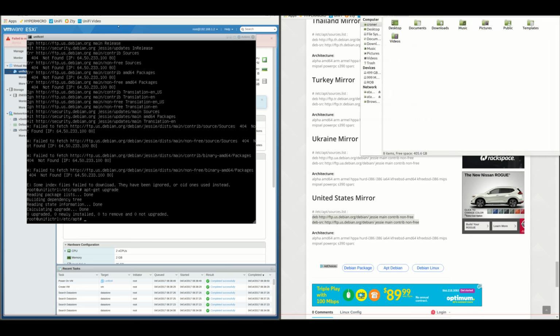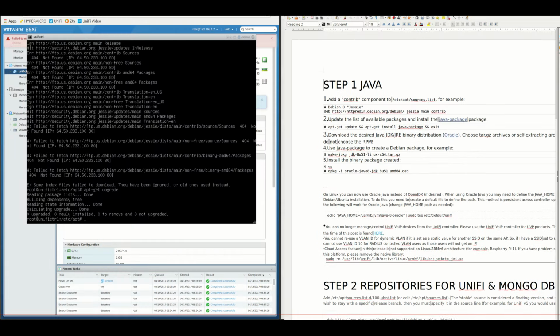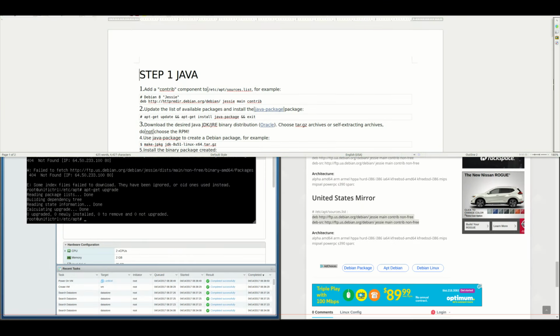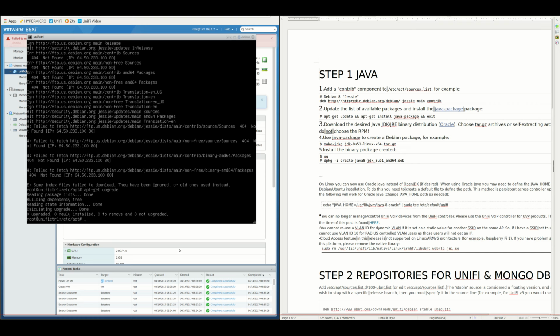Next thing I need to do is, I have this handy dandy compiled document that I am going to use. Oh, not that. We need to add repositories for Java, we need to add repositories for MongoDB, and we need to add repositories for UniFi. Luckily, we're already in /etc/apt. So if I list,